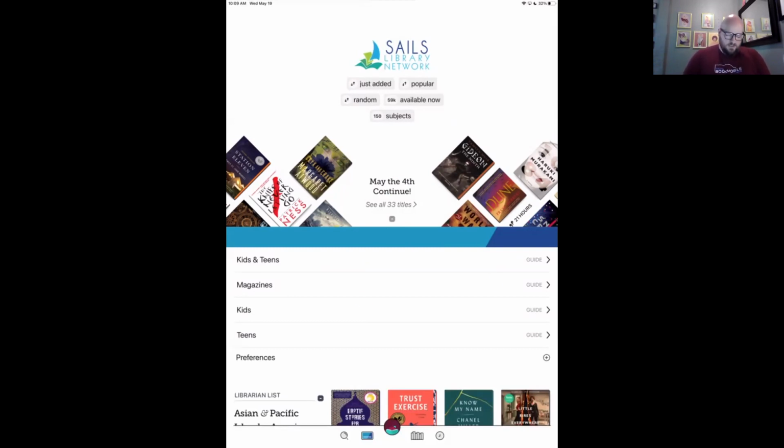So the state of Massachusetts has a really cool program that they offer. It is a reciprocal lending agreement, meaning your one library card from the Sales Library Network works in many libraries within the state. So instead of just having access to one library, you have access to a total of 8